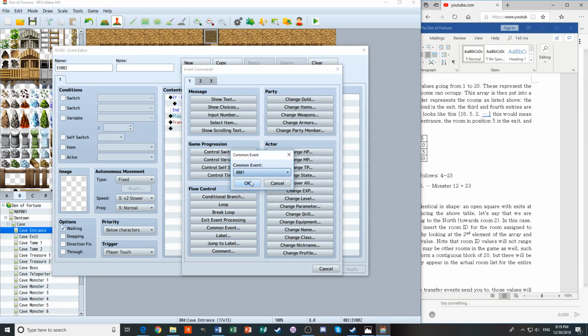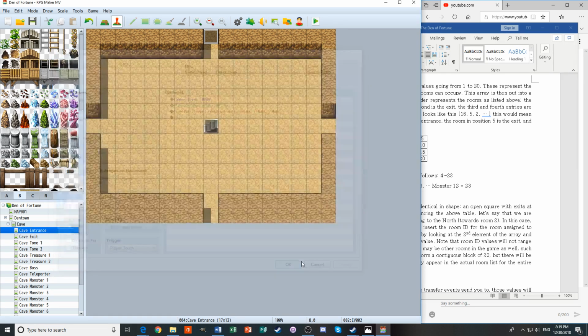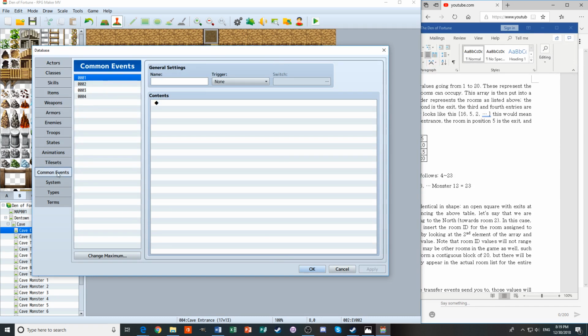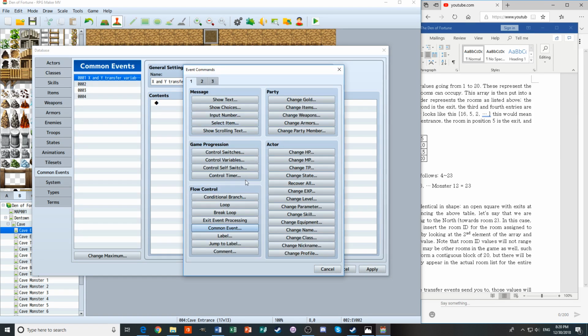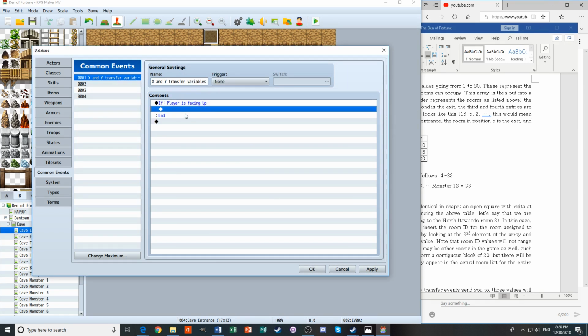well, actually what we're going to do is we're going to call common event number 1. And in common event number 1, x and y transfer variables. We're going to put it on none because we're just running it when it's said to run. So here's where we're going to put this, because we're just going to call the same event in all 4 directions. So here we're just going to check, are we facing up? If we are,